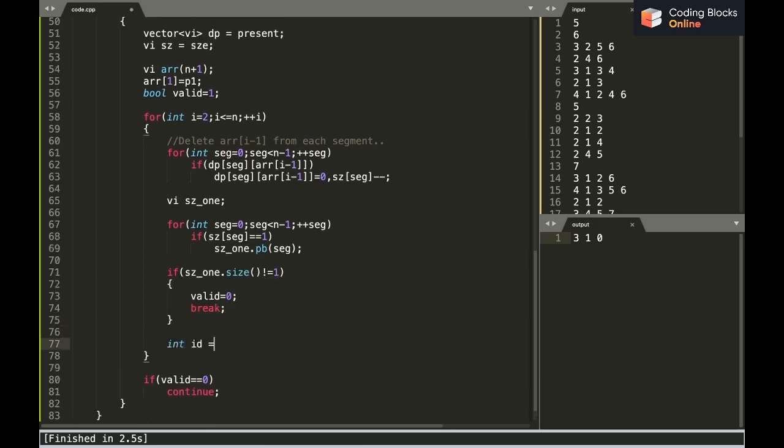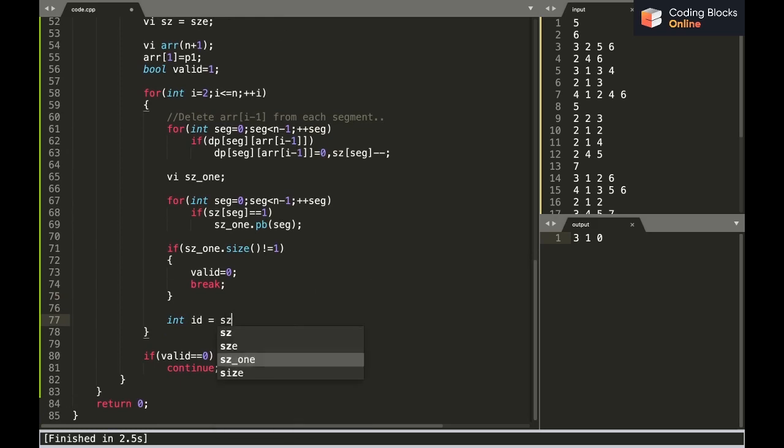I know that the id of that segment is going to be sz1 of 0, right? This is going to be the id because I pushed all the ids of such segments which had size 1, and the size is 1. I know there is going to be actually one such segment, so I have its id.